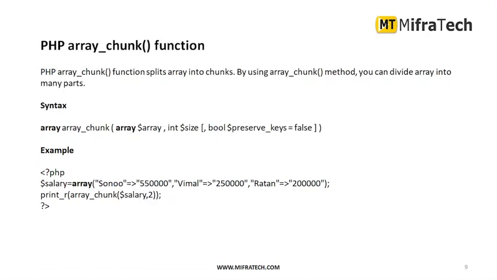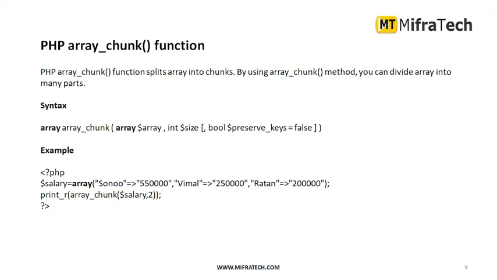PHP array chunk function. The PHP array_chunk function splits an array into chunks. You can divide an array into many parts. You can see the syntax: array_chunk(array $array, int $size, bool $preserve_keys = false). Example: salary array. It will divide the